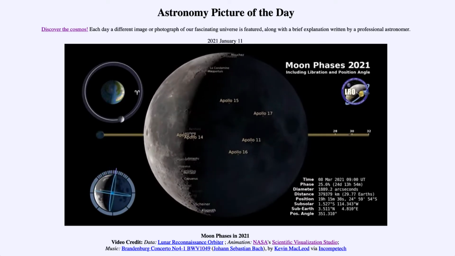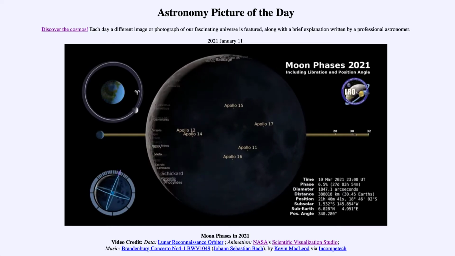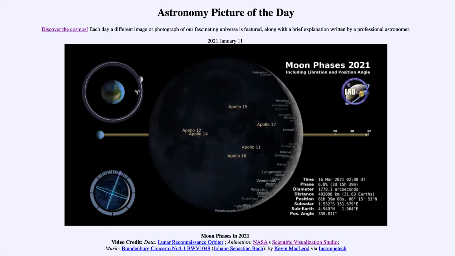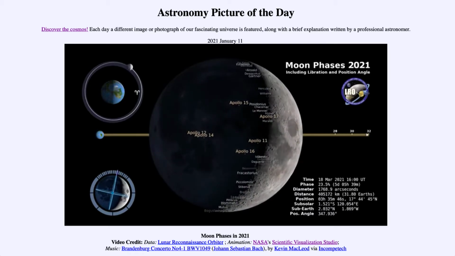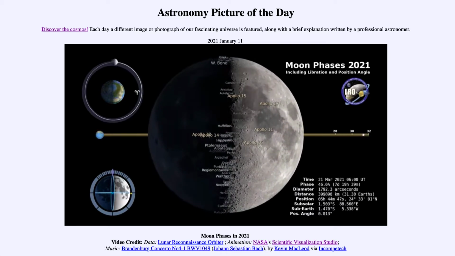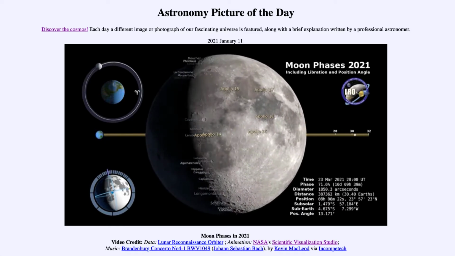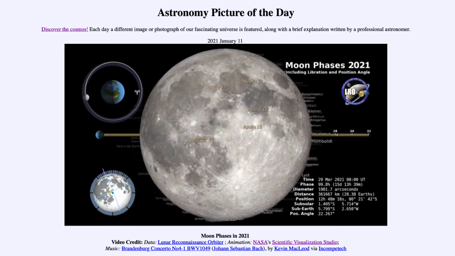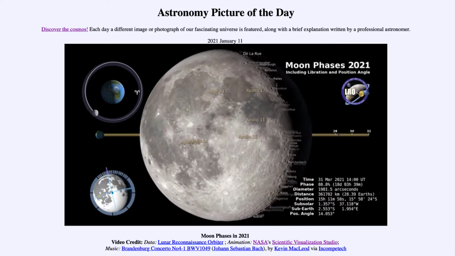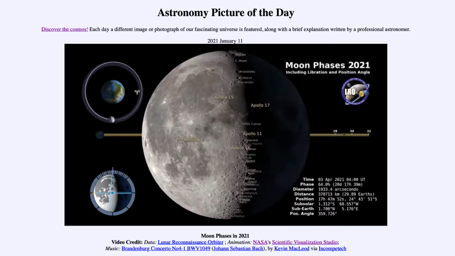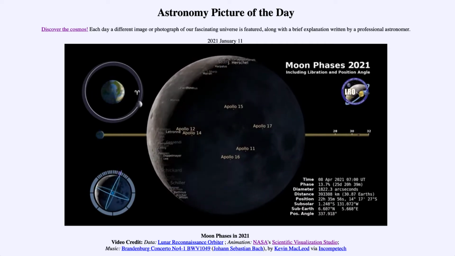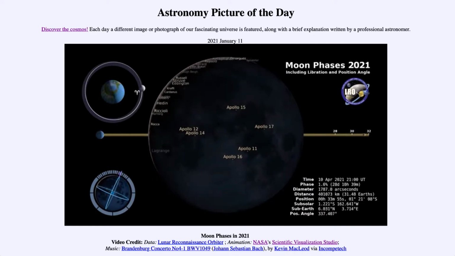Now, some of the things noted in this as we look through the phases is that you will see a little sliding bar off to the right with the little object going back and forth between 28 and 32. That is showing the distance between the Earth, which is all the way on the left hand side, and the moon on the right. At its closest, the moon gets around 28 Earth diameters away from Earth, and at its furthest the moon is about 32 Earth diameters away.